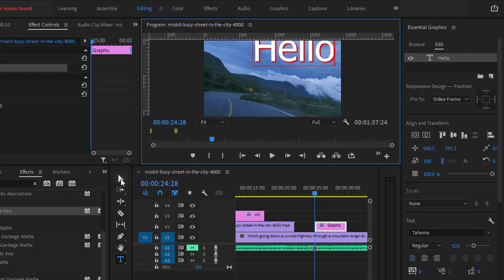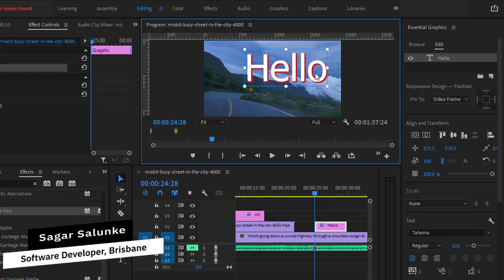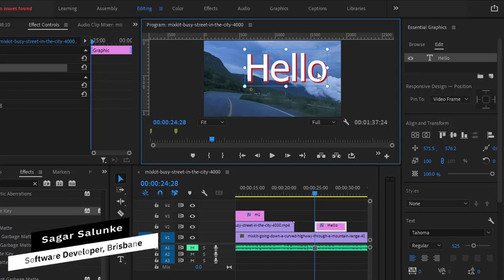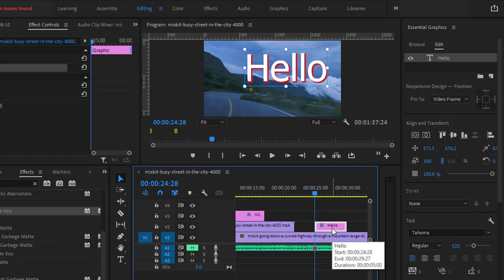And then you can just use this selection tool to move this particular text, and you can see that shadow is already appearing. And let me explain to you why this red shadow is appearing. So what you have to do is double click on this particular graphics object that was created for the text. Once you double click, the Essential Graphics panel opens, and in the Edit tab